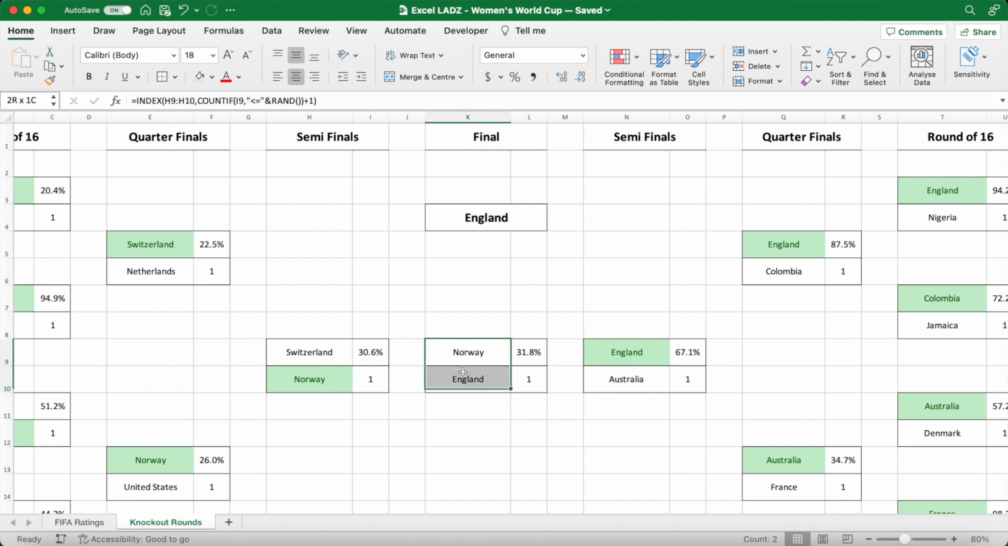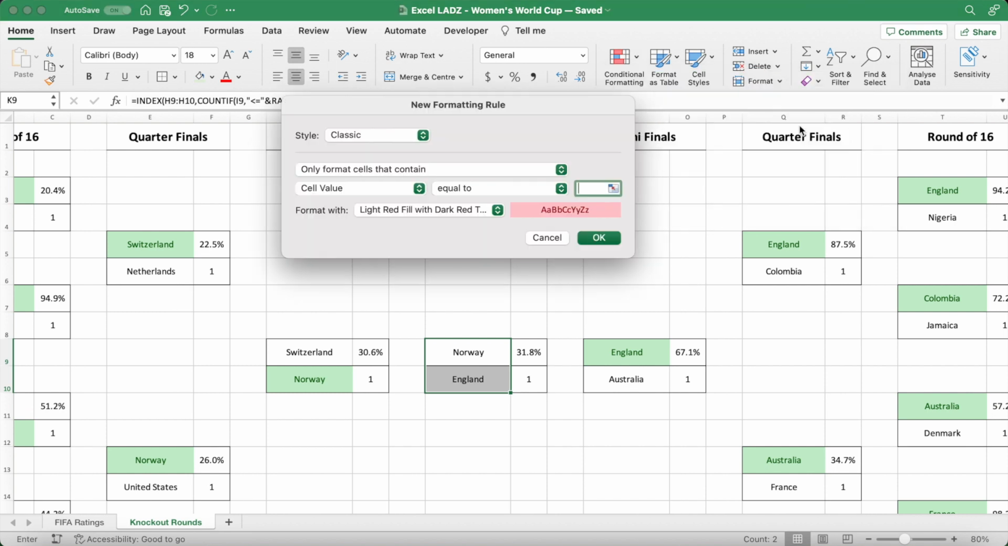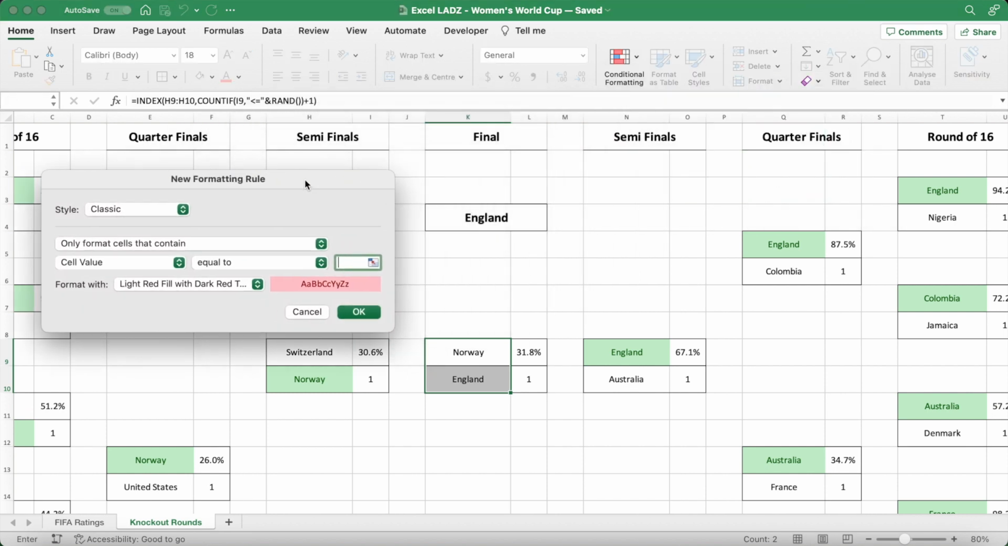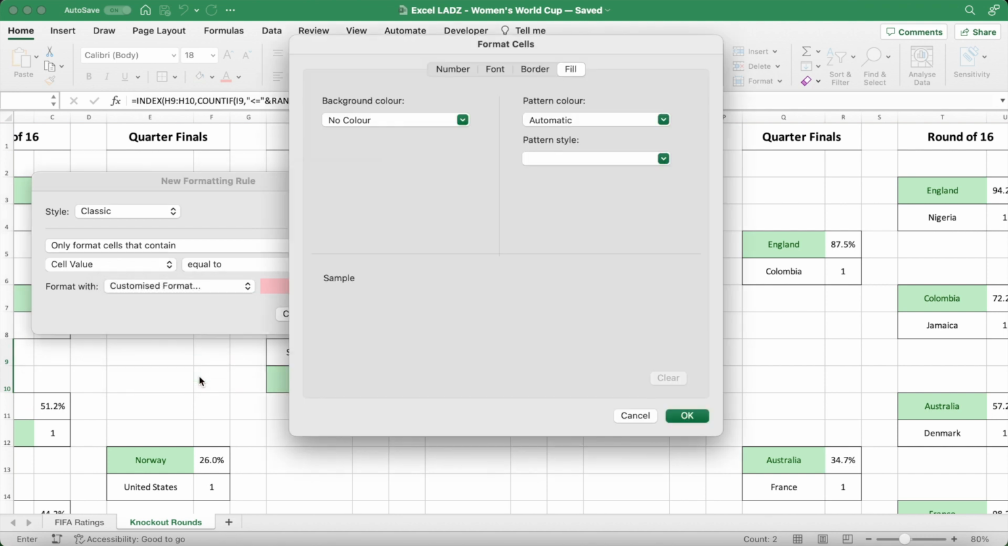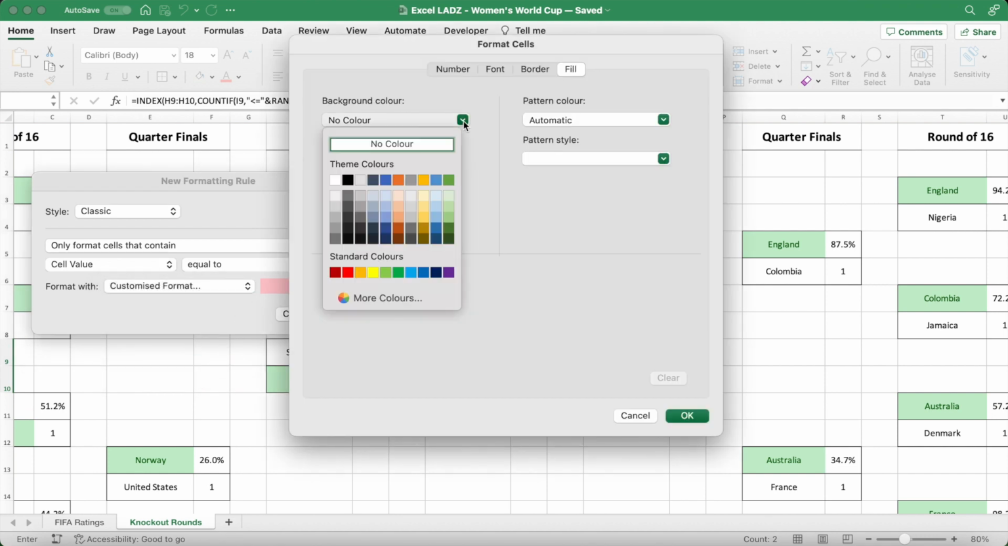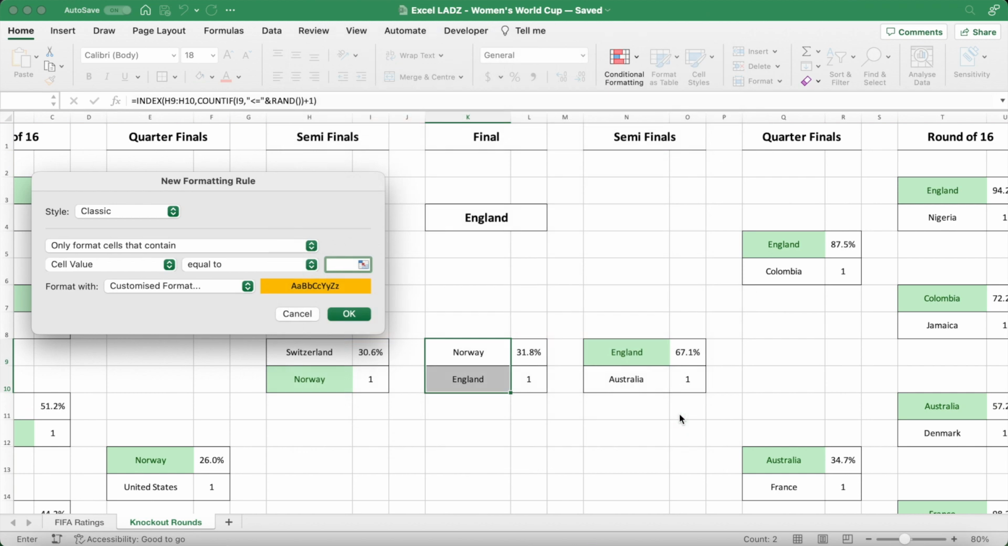When we come to the final though, I'm going to change the highlight cells rule just slightly. So instead of highlighting with a green fill with dark green text, I'm going to go into a customized format, and the background color will be gold. Gold representing, of course, the winner of the entire World Cup. Select OK,